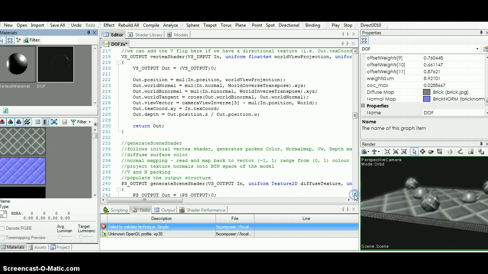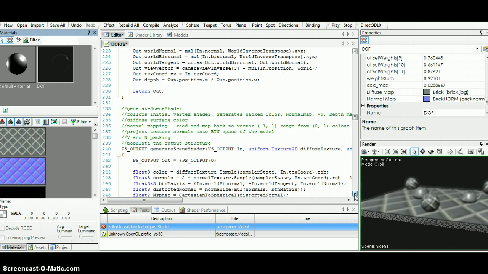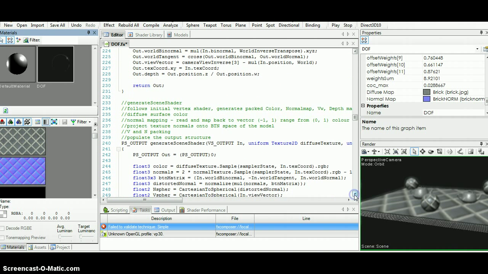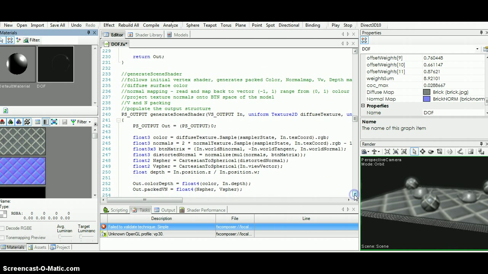The generating scene shader follows the initial vertex shader and generates packed colors, normal map, distortion map, depth data, and then outputs the color, depth and